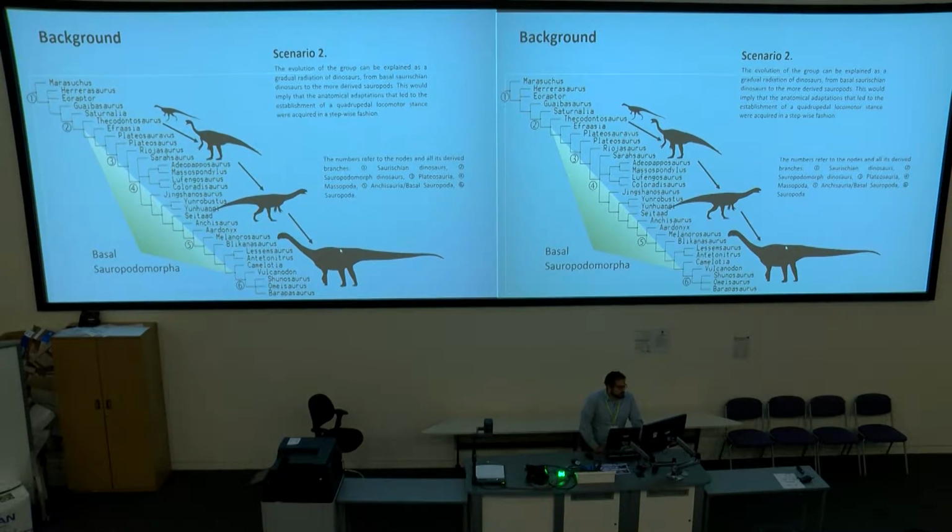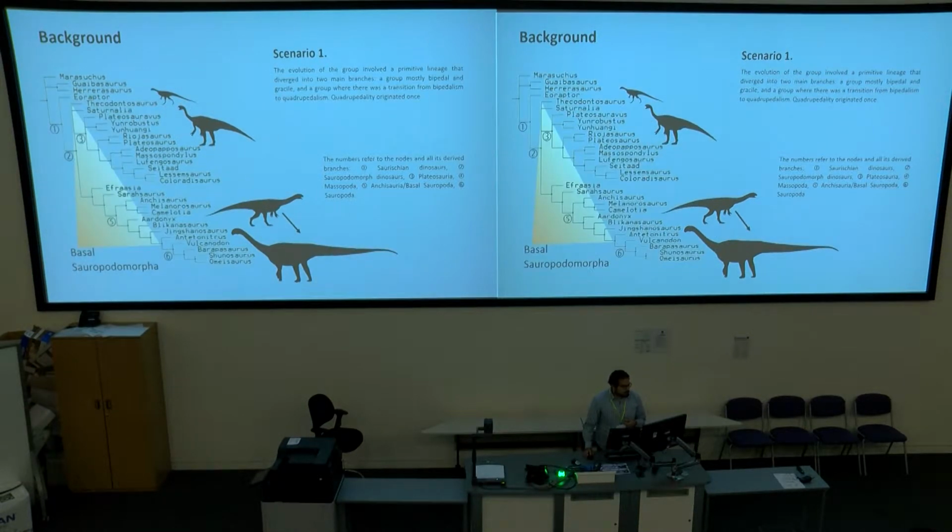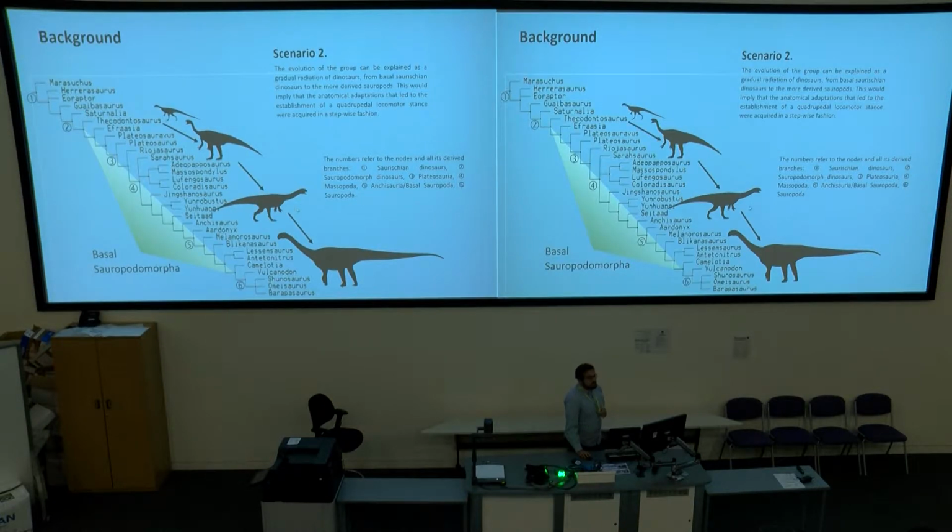The second model is that quadrupedality was acquired in a stepwise fashion. So you have bipedal, then less bipedal, then more quadrupedal, and then finally obligate quadrupedalism establishes. It doesn't really matter how much you vary your parameters with each data set or how much you change the implied weighting. You cannot make the data set from scenario 1 produce the data set in scenario 2. However, when you do a Templeton test of one scenario with the data set of the other one, it's equally likely, but you just don't get the trees.